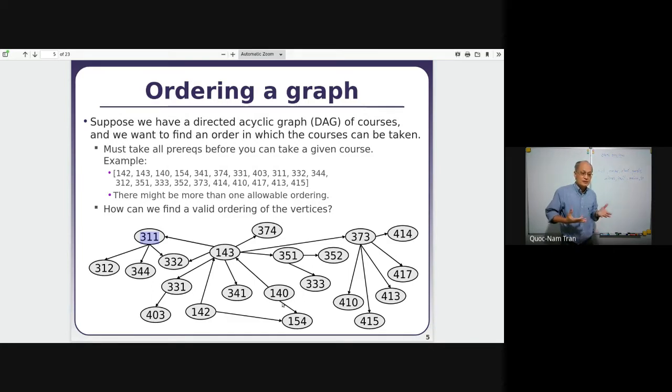Of course, some students just jump into the courses they like, and they may have a problem because of the violation of the constraints. In this case, it's about the prerequisites. Okay, so that is the motivation. So that said,